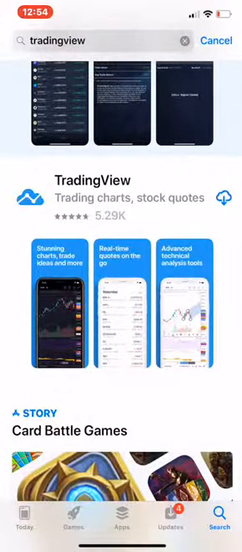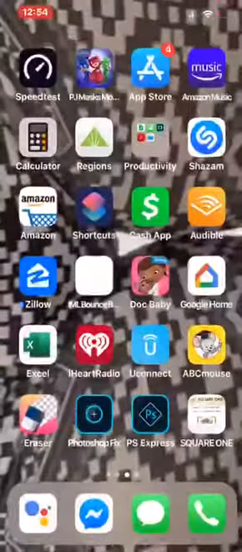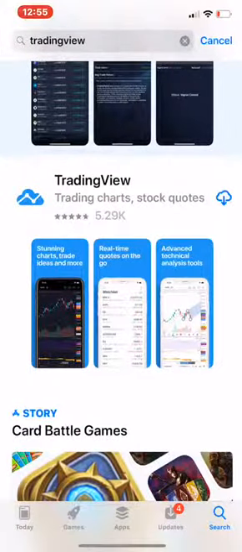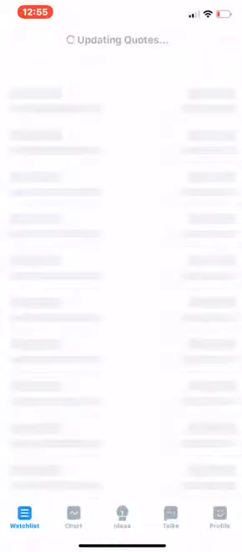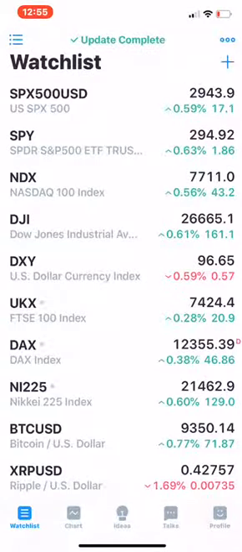As you saw, I opened my App Store. I'm going to go back to it. Since I already typed in my search bar, TradingView, I am going to download TradingView back to my phone. So I'm going to touch the little cloud symbol here. Should take just a few seconds to download it. I'm going to show you how to download it, open it up, and manipulate it and add pivots to it